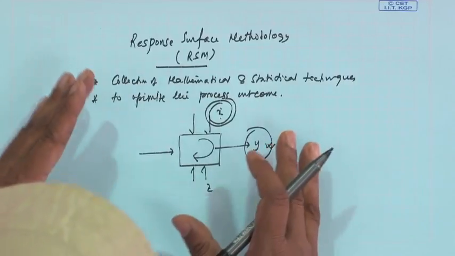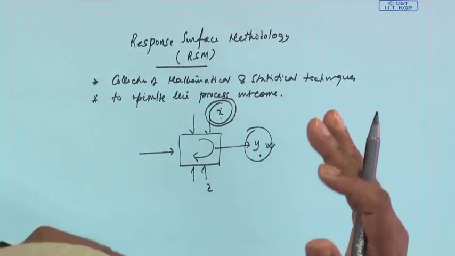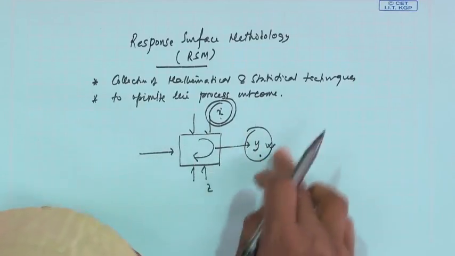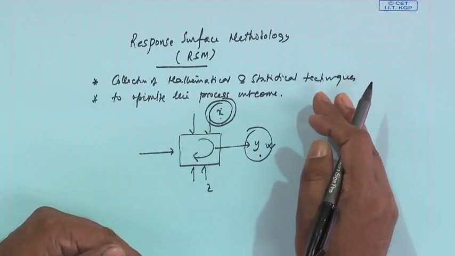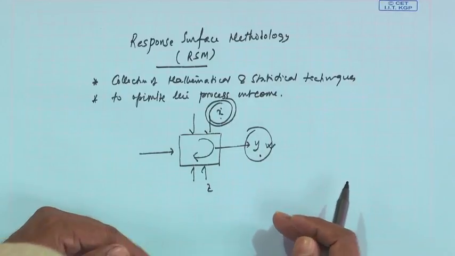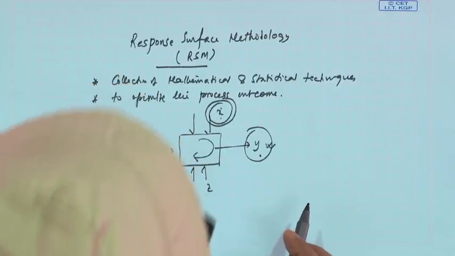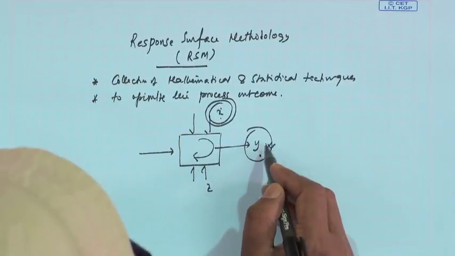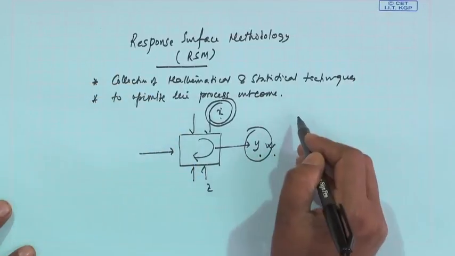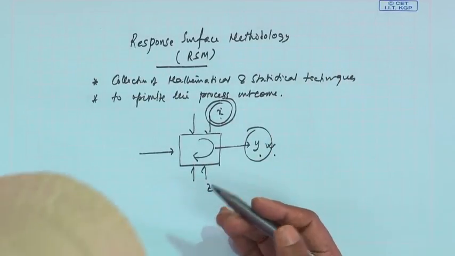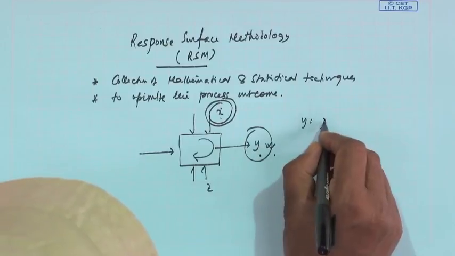So, what is my desired value? The desired value is the minimum or maximum, depending on whether y is higher the better or lower the better, or there may be a situation where a target value is important. Here we are basically talking about the optimum value, that means it is either the maximum or the minimum value. If y is process yield,